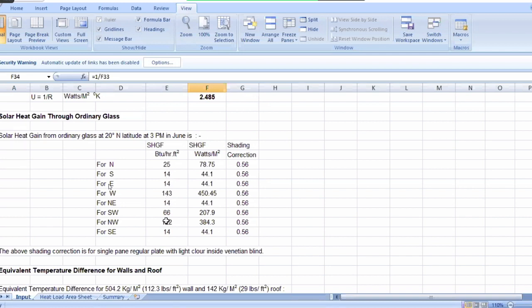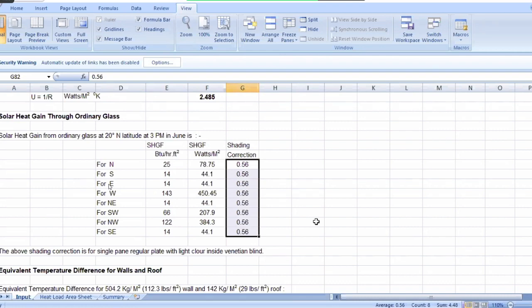This data I have taken from the Carrier handbook, and I have converted it into watts per meter square, because the Carrier handbook gives BTU per hour per foot square. Then I have considered light color Venetian blind, so this is 0.56